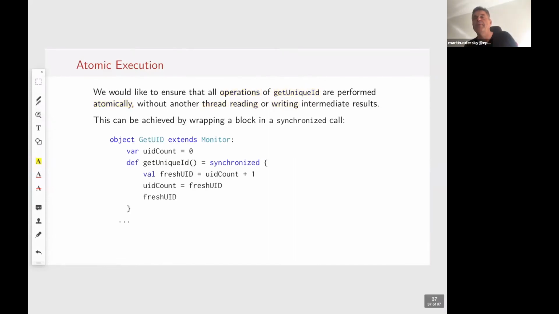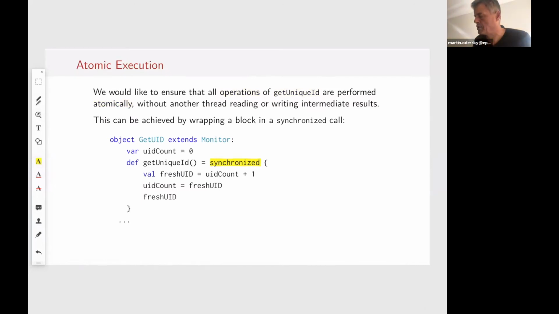And the way we do that is that we ensure atomicity by wrapping code in a synchronized. Synchronized is a special call on the JVM that says run the body that we pass here as an atomic sequence of operations.